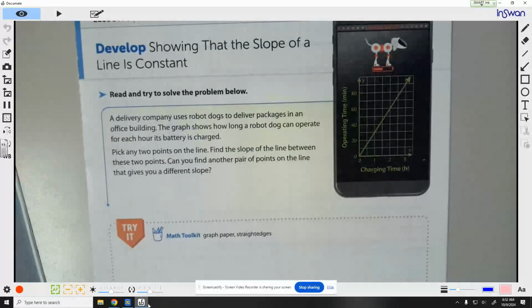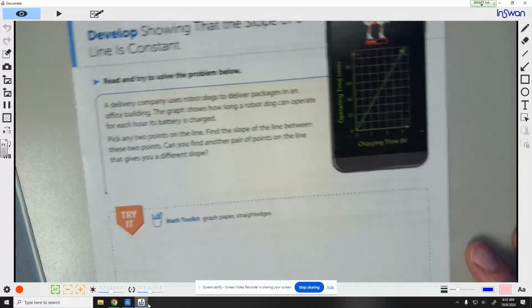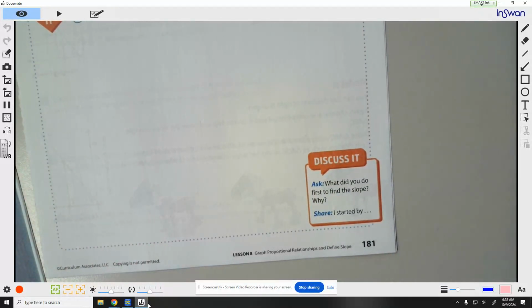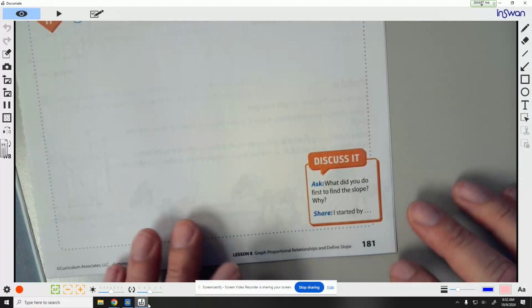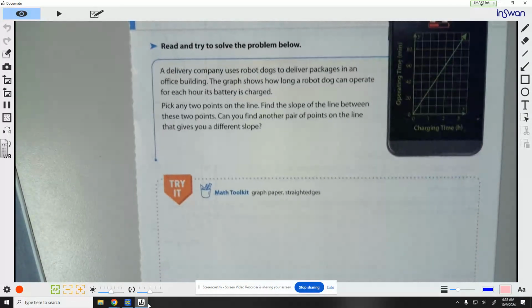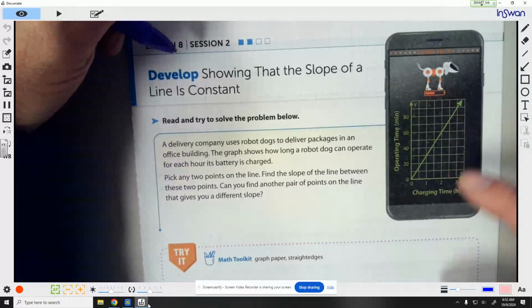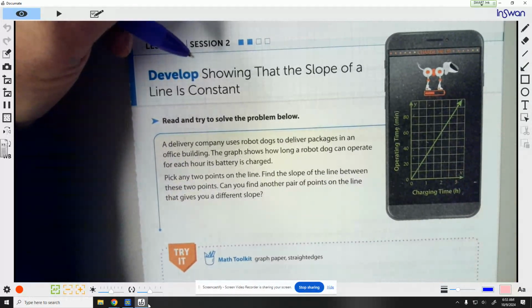All right, guys, for today's lesson, we're going to need page 181, okay? Page 181 to 182 and 183 out of their workbook. Okay, so looking at page 181, today's topic for lesson 8, session 2, is showing that the slope of a